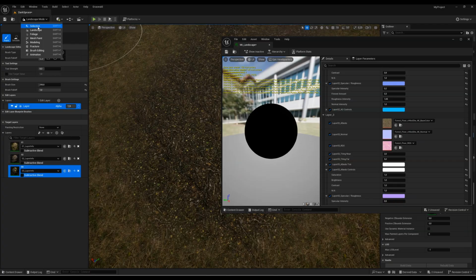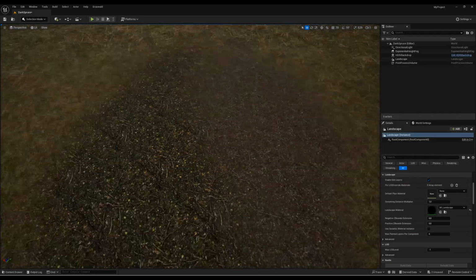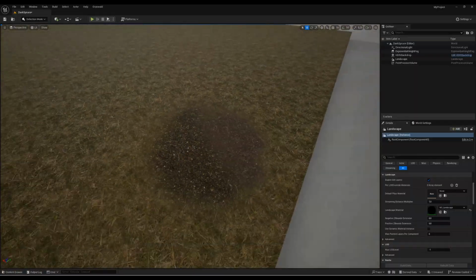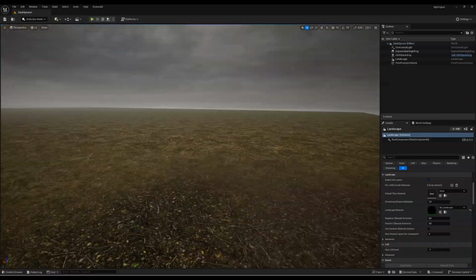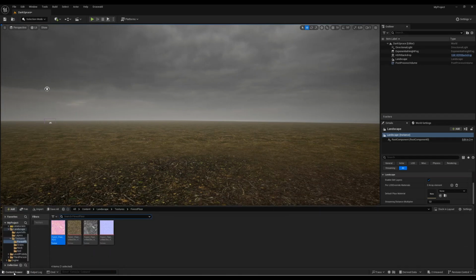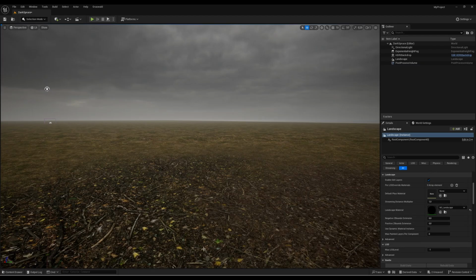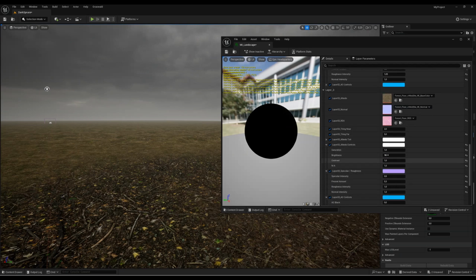So now we have that. Let's go back to selection. And you can see the blending is also working quite fine. Yeah, I have to fix the normals. It's not really working. I think there's a node missing, not really missing, but one node is just wrong, not connected properly. Where's my, here, material instance. So let's just quickly or roughly do